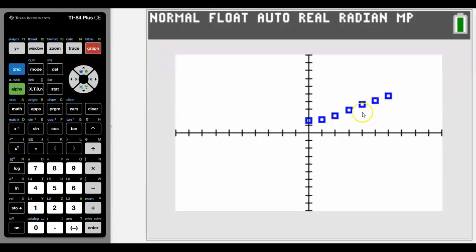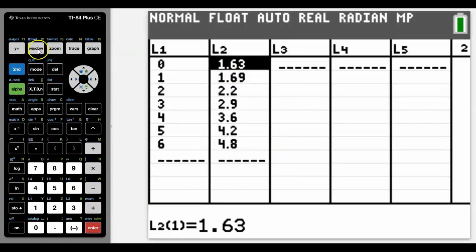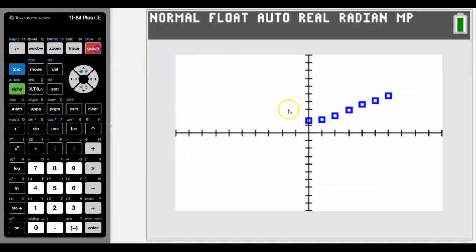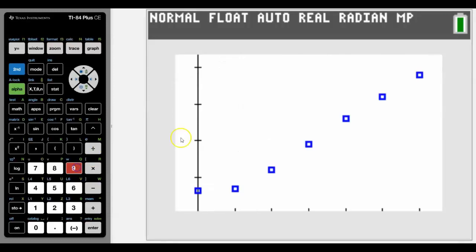and if we now go to graph we can see that those points are on there. We're lucky that the values that we chose are within the window that we have already set, but lots of times we won't see anything. When we go to graph there'll be nothing there because the values are off the visual window of the screen. So a very simple way to do that is to go into zoom and go zoom stat number 9,